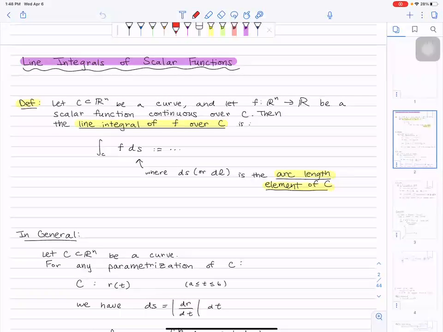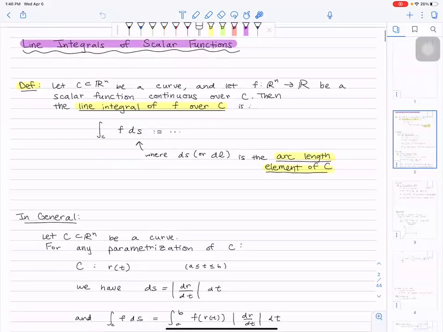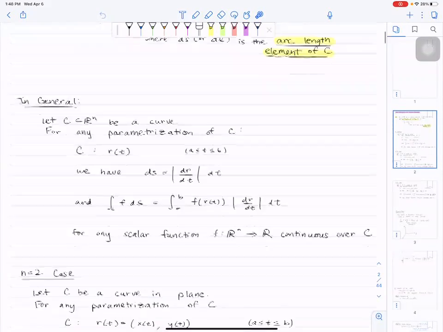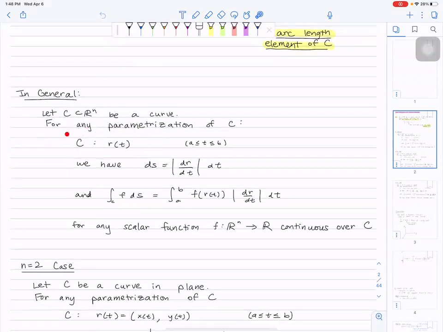So the first thing we're going to talk about is integrating over some scalar function. In general, you're given a scalar function, and the line integral of that function over some curve is defined as the integral of f ds. Specifically, say your curve is defined